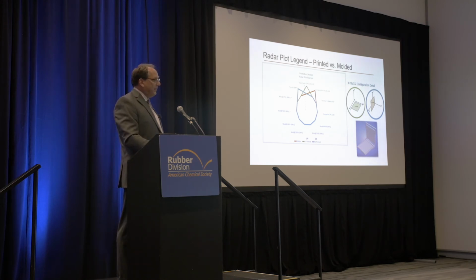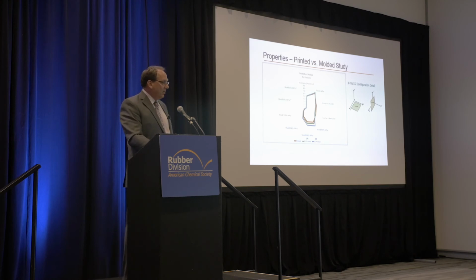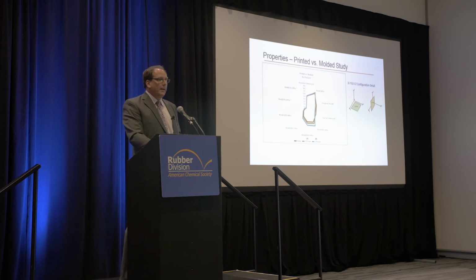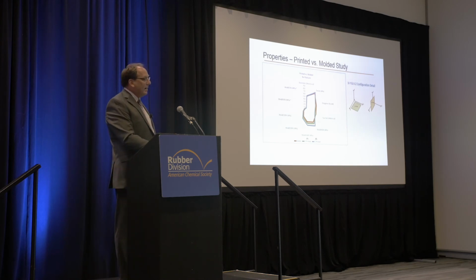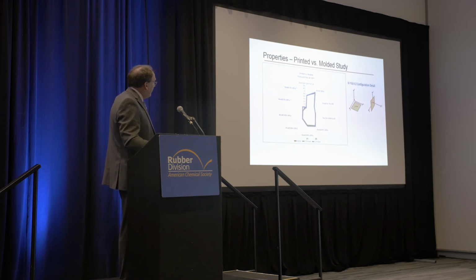So if we look at the patterns and the way they look, we'll look at printed versus molded, and we'll look at these configurations. And where we see red, we see some differences. Notice that this is no post-cure. Now, if you study this, you'll see that the tensile and elongation properties are slightly higher, and the modulus properties are slightly higher for the printed materials, which now I'll take you to a 4-hour at 400 post-cure, and notice